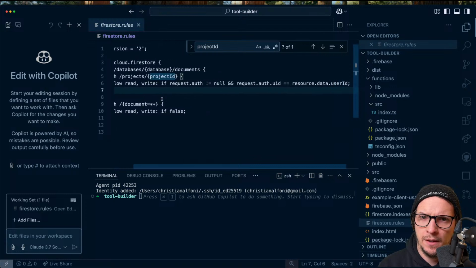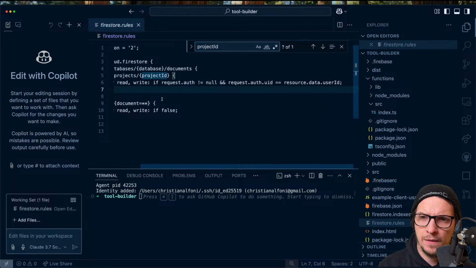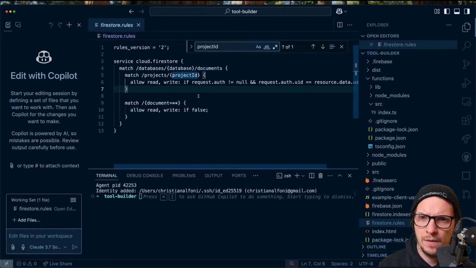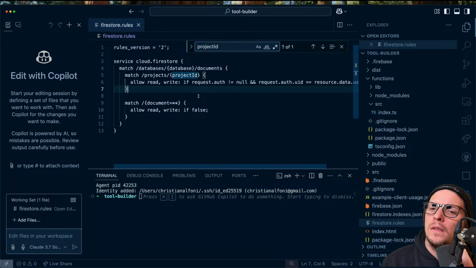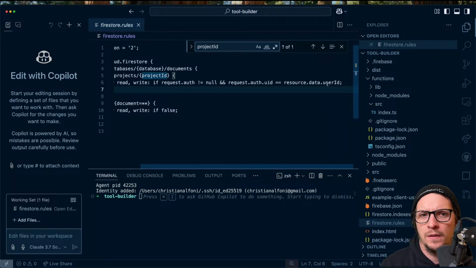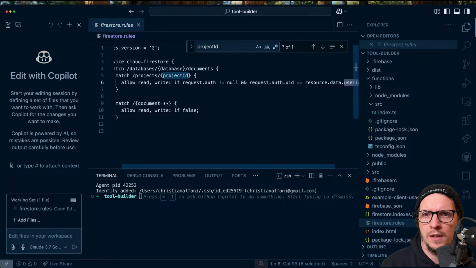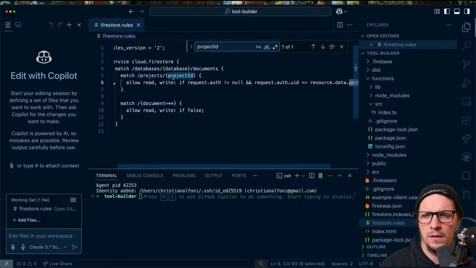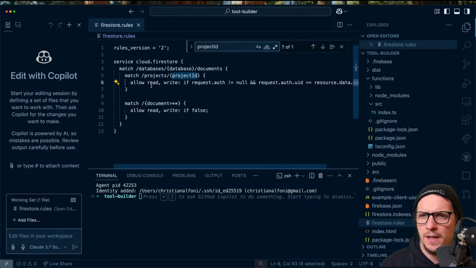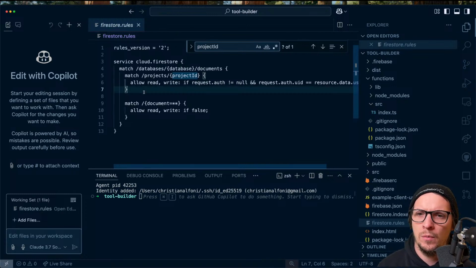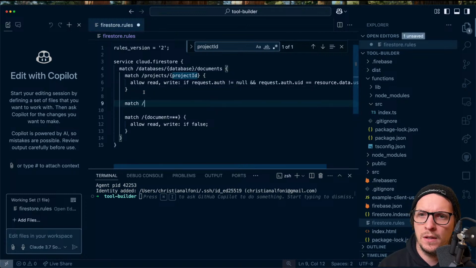Allow read write if... this is interesting. So you're allowed to read and write. Yeah, resource data UID. So the project's project ID. Yeah, exactly. Sorry. So what we would need here is match